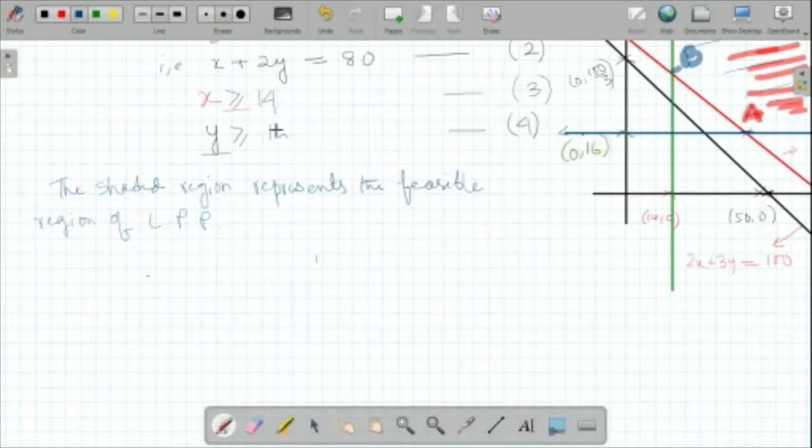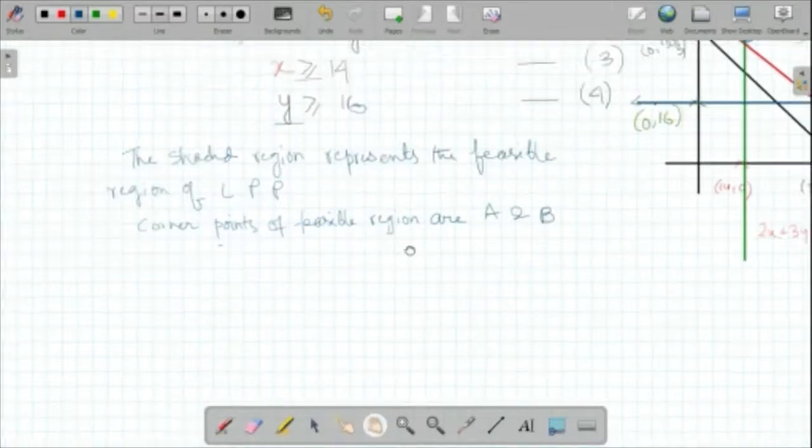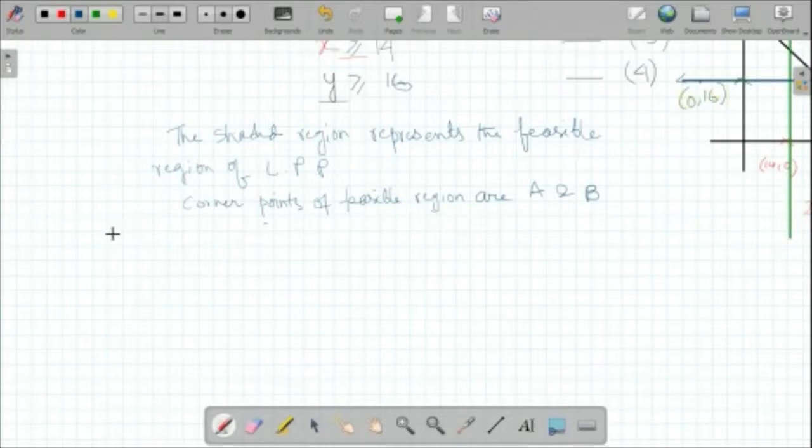And then now we are going to find out what? Now we are going to find out the corner points. Okay, and what are the corner points? Corner points of the feasible region are A and B, right? Let's see. For A,